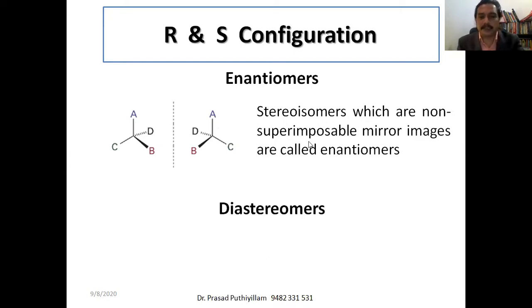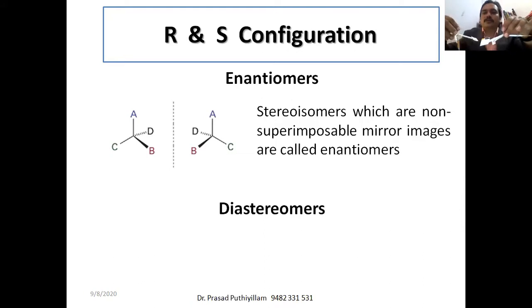Last class I took the examples, and the same thing I can present here. This is a chiral carbon atom with bromine, fluorine, chlorine, and hydrogen. Its mirror image and the same molecule are not the same. If I take its mirror image, it has chlorine here, fluorine here, bromine here, and hydrogen. So it is exactly the mirror image of fluorine, chlorine, bromine, and hydrogen.